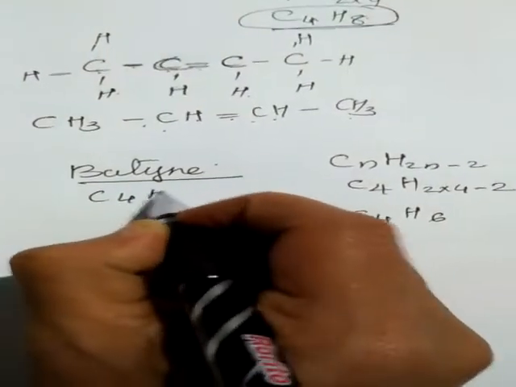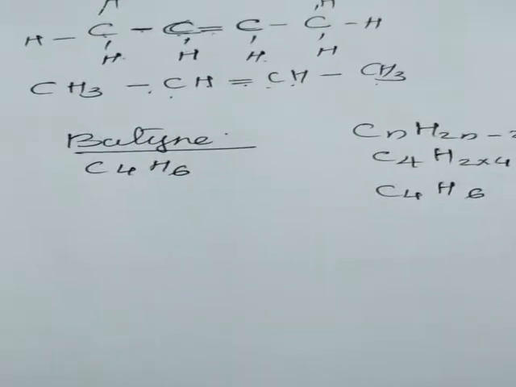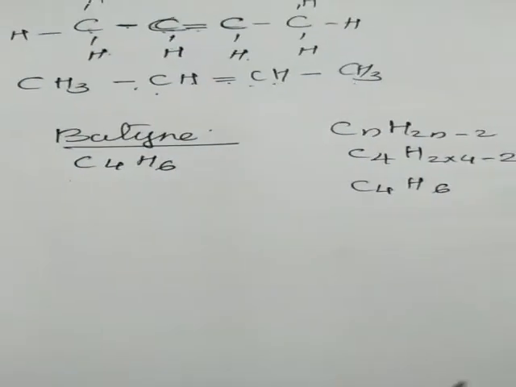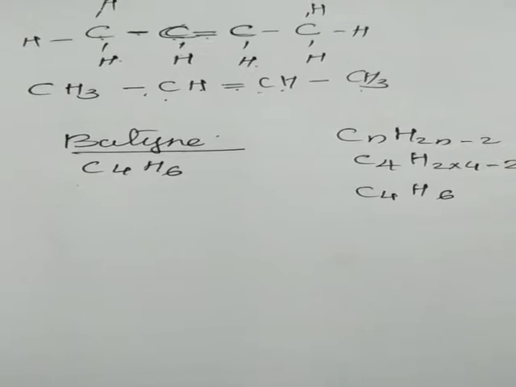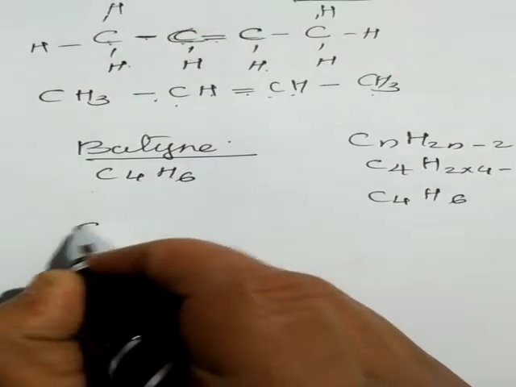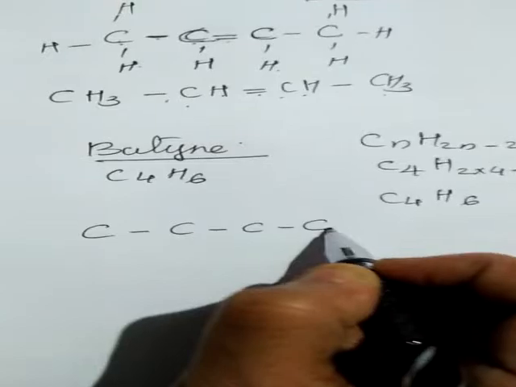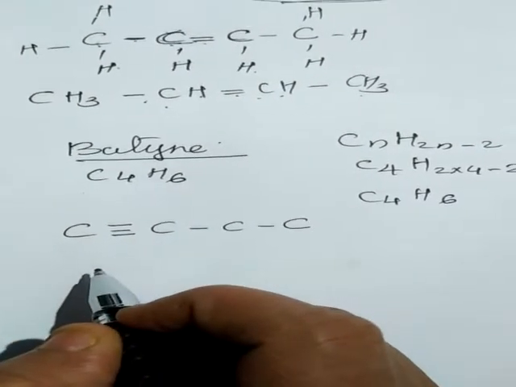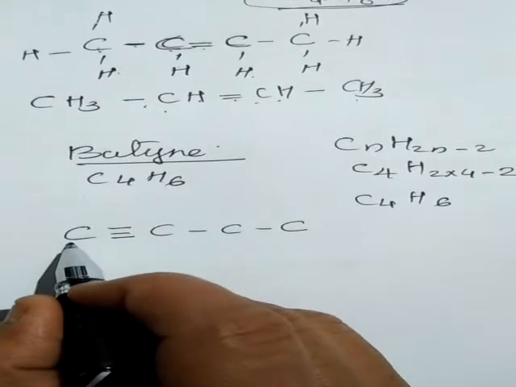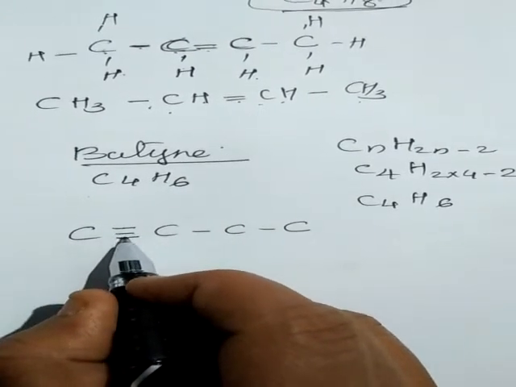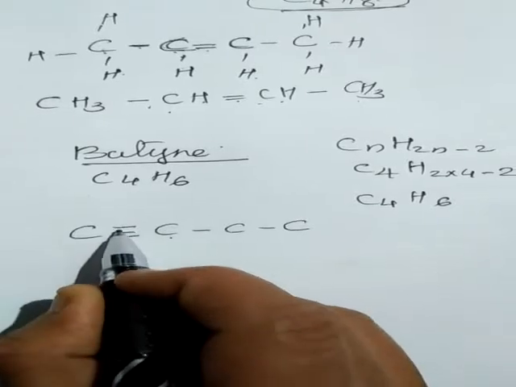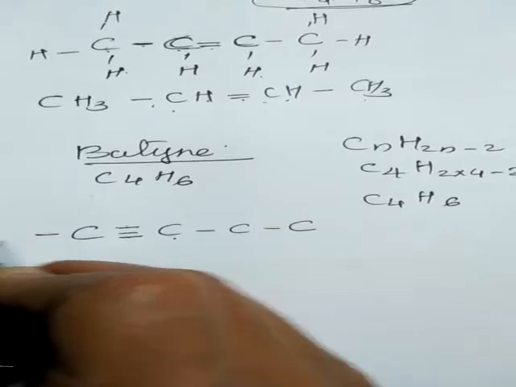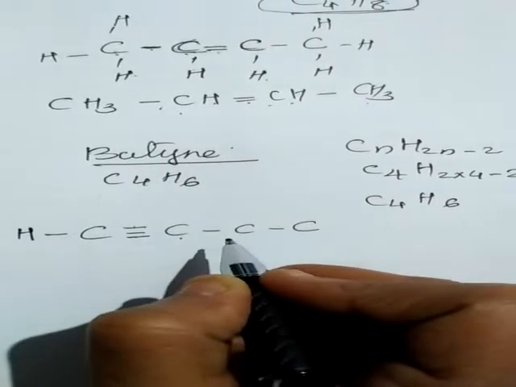So C4H6. Here, since it is an alkyne, we have to use a triple bond. In between the carbon atoms, you have to use one triple bond. So here also same condition. First we can fill each carbon atom. So any part you can use a triple bond. Okay. So here you can see this carbon atom already shared 3 pairs of electrons with another carbon atom. So 3 valencies are already filled. Now only 1 valency is remaining that we can fill by using hydrogen.